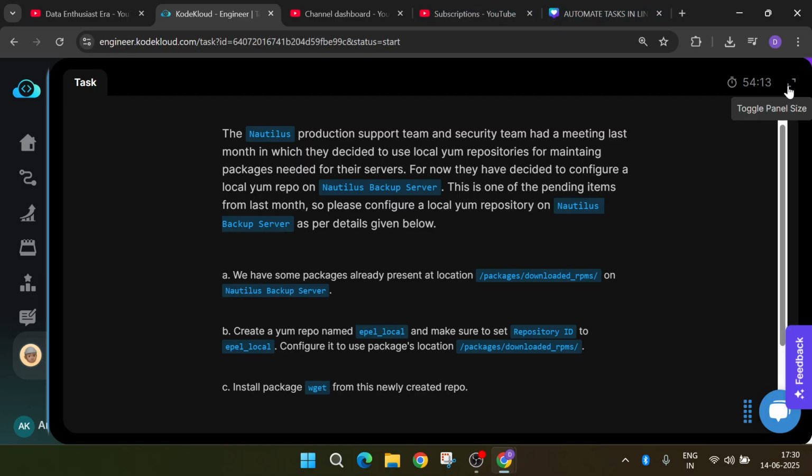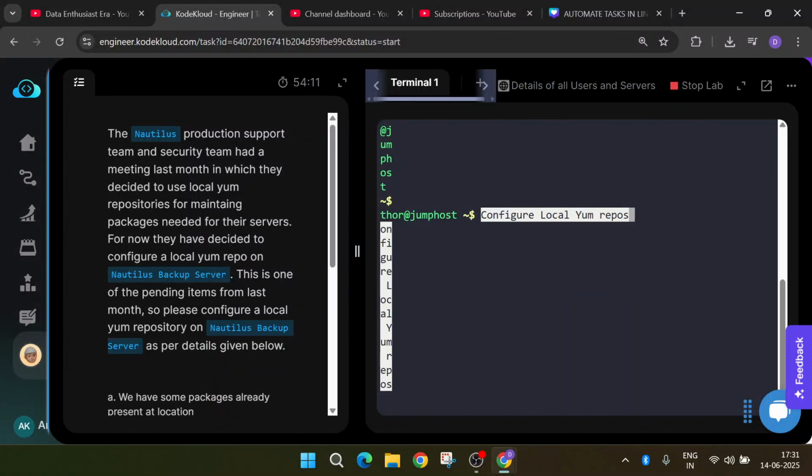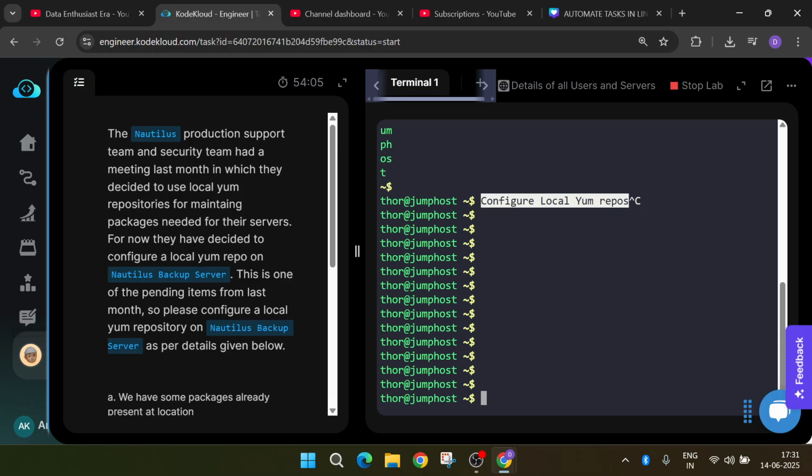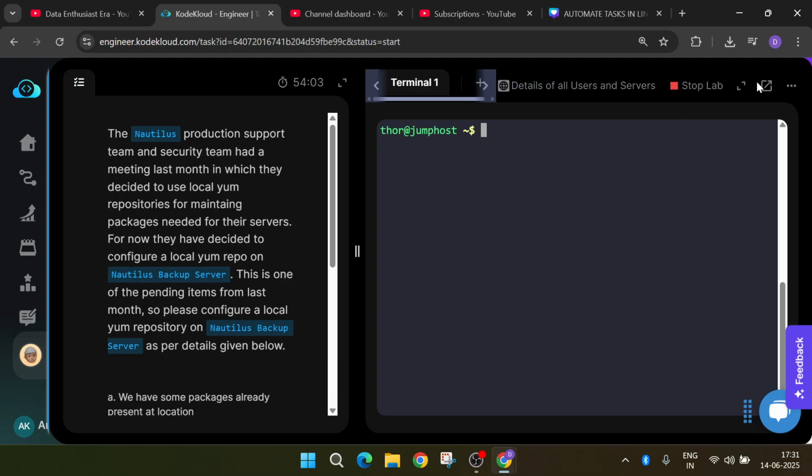Okay, let's get started. Let's open in a new browser. Now we have to navigate to RPM package location. The Nautilus team has already downloaded necessary .rpm files to the path. Let's start by verifying that the packages are actually present. ls